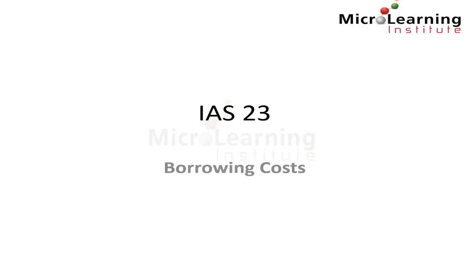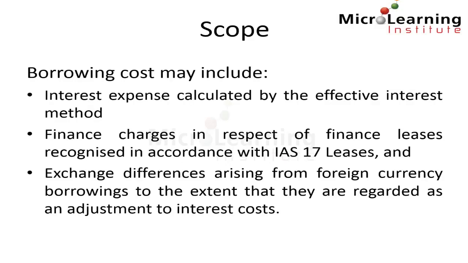In this short tutorial we're going to look at the fundamental principles of IAS 23, borrowing costs. Borrowing costs may include: 1. An interest expense calculated by the effective interest method. 2. Finance charges in respect of finance leases recognised in accordance with IAS 17 leases. And 3. Exchange differences arising from foreign currency borrowings to the extent that they are regarded as an adjustment to